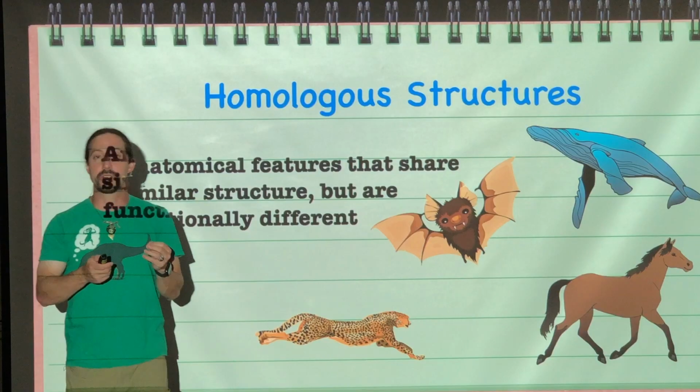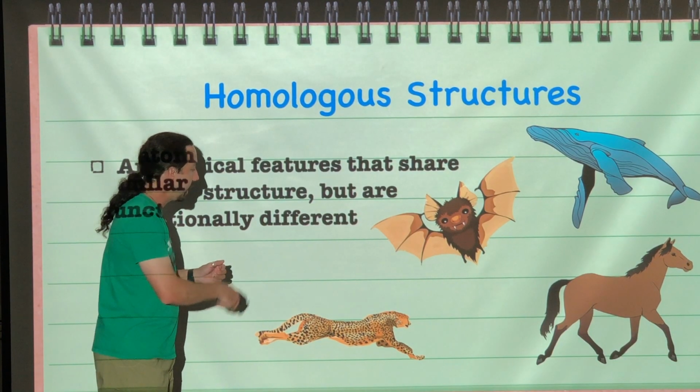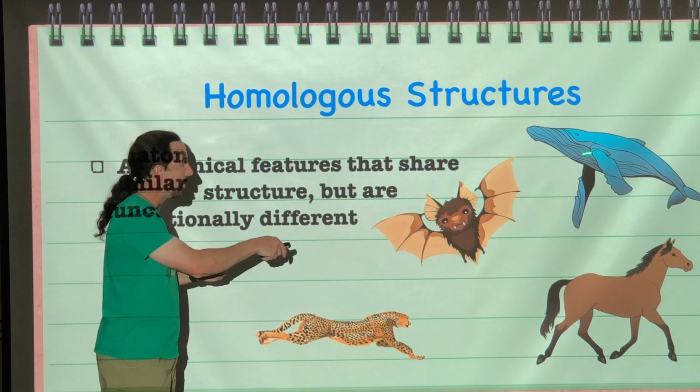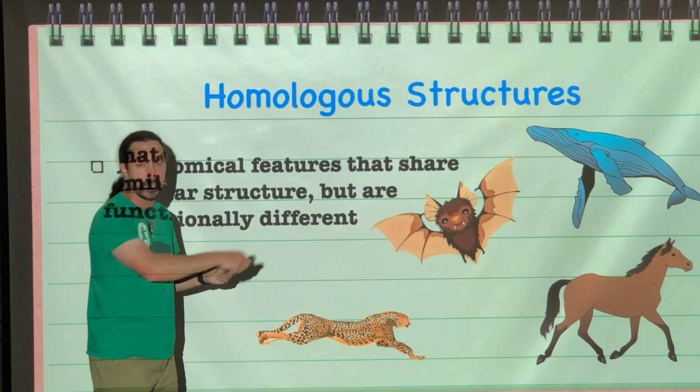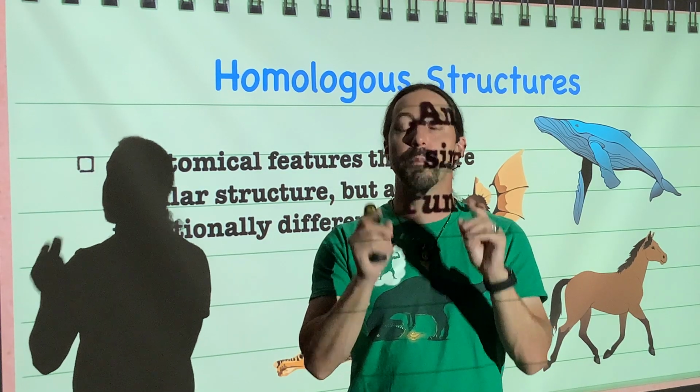This structure is repeated in bat wings, in the forelimbs of cats, in the legs of horses, and in the fins of whales. It's an extremely similar structure between all of these different organisms. They follow a very similar bone structure,